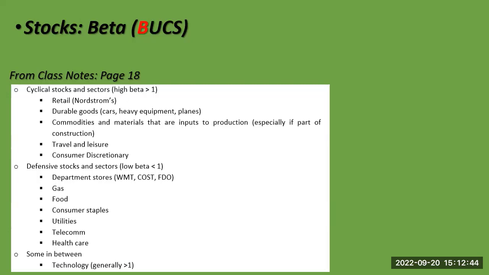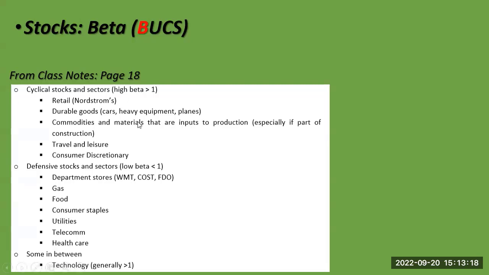But retail can be high beta. Nordstrom's. When's the last time you heard someone say, hey, I'm really worried about losing my job, I have to give up on Walmart, I think I'm doing all my shopping at Nordstrom's? Does that sound like a normal conversation? Probably not. Durable goods. Hey, I'm worried about losing my job, I'm going to cut back on cereal, I need to go buy me a car. Probably not what's going to be the conversation. Doesn't make sense. Or I'm worried about losing my job, I think I can go travel this summer. No, you're probably just going to not take any vacation at all so they don't lay you off.